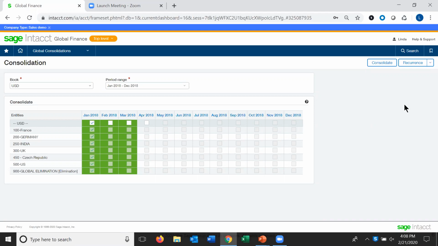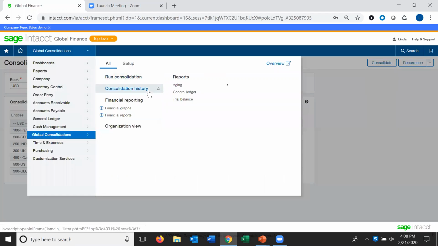Now, once we've done all of that, once all the entities have been translated, we process the inter-entity elimination, and we do that last. Remember, one of the key points was that we were going to automate the elimination entries. We loop through all those entities and get their inter-entity balance and then adjust for elimination. So now that we've done the consolidation, let's come back and look at one of these reports that's already